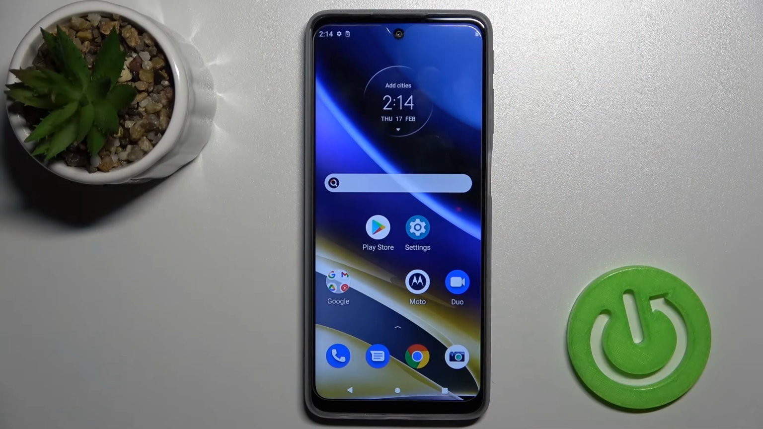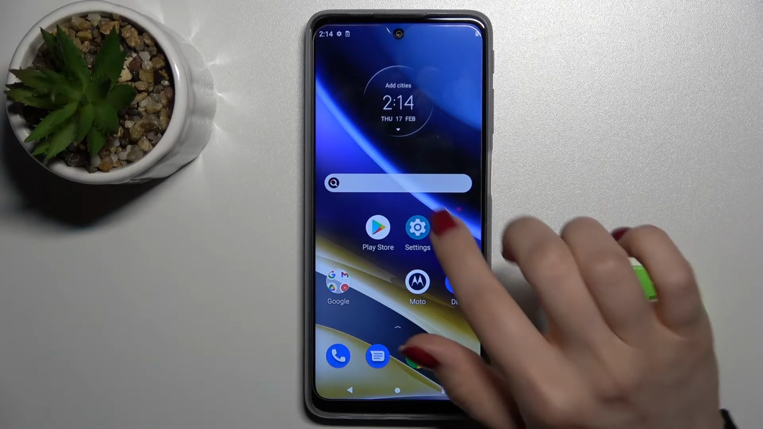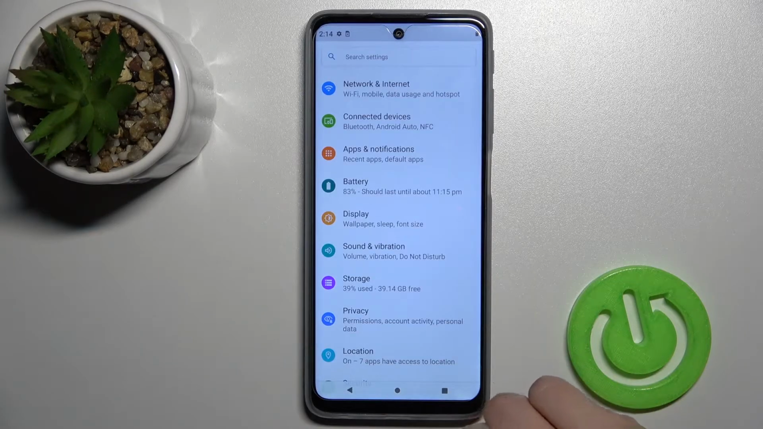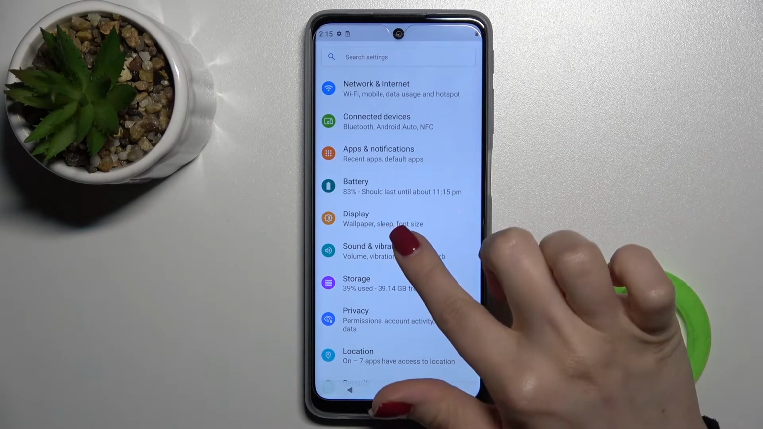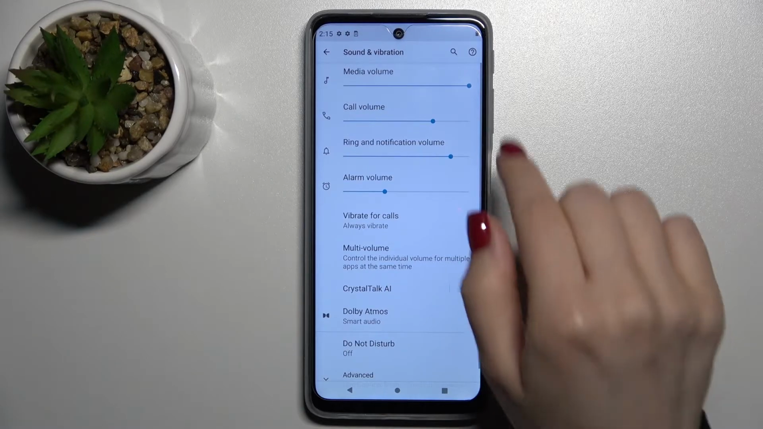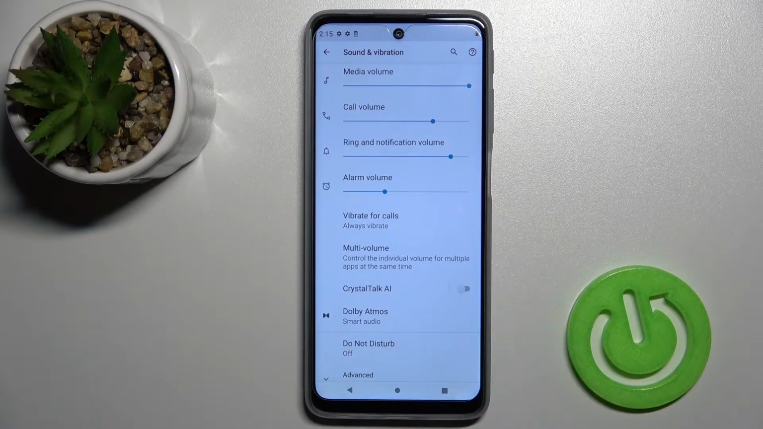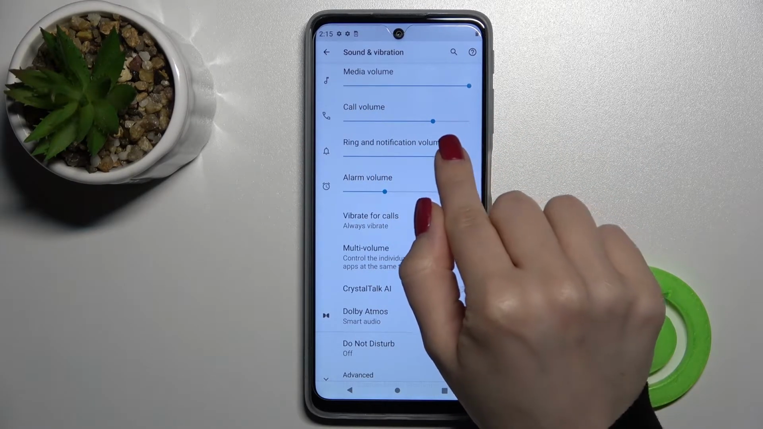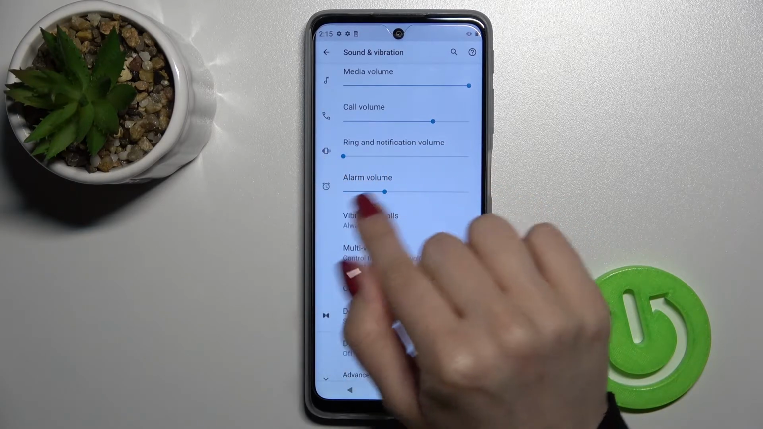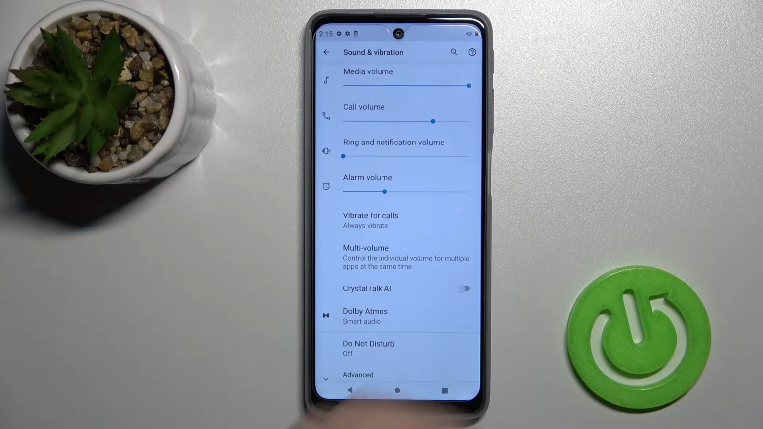Welcome, today in front of me Motorola G51 5G, and I'll show you how to turn on or turn off silent mode on this device. So first you should go into the settings application and then tap here on the sounds and vibration. Here you will see the ring and notification button panel. Just to enable the silent mode on your device, you should swipe here to the left side with your finger,